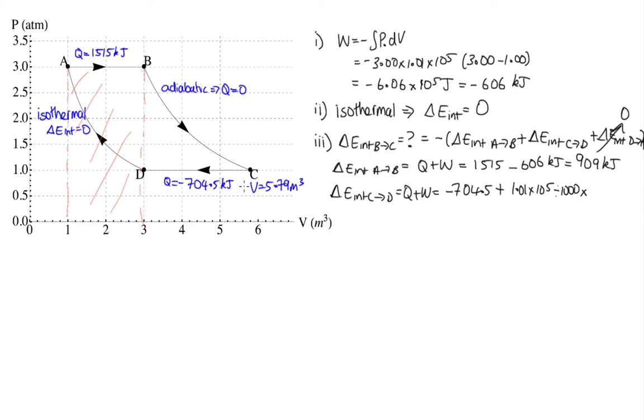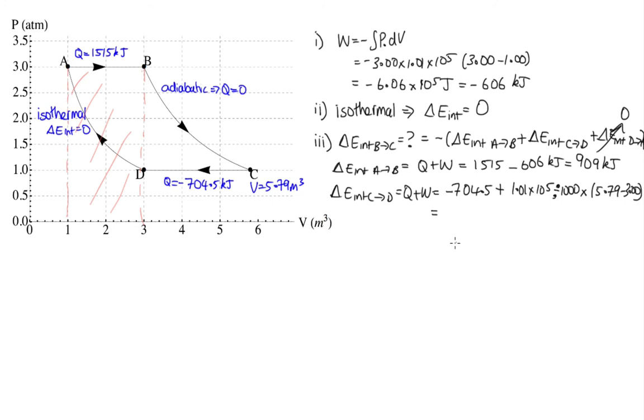In the end, because it's being contracted, we should end up with a positive value for the work done in this case. So if we multiply that by 5.79 minus 3.00, that cancels off our two negative signs,